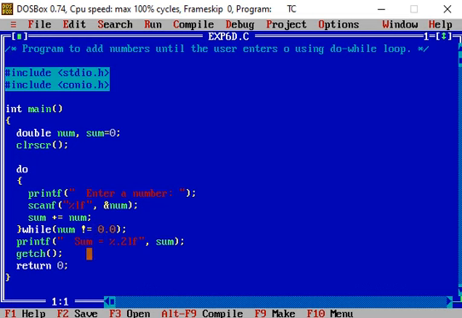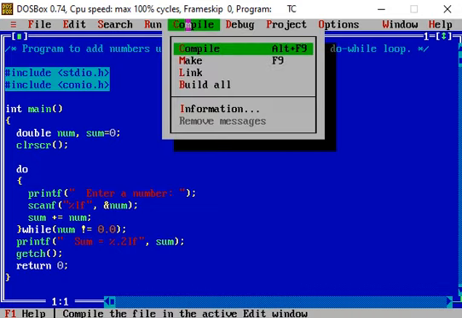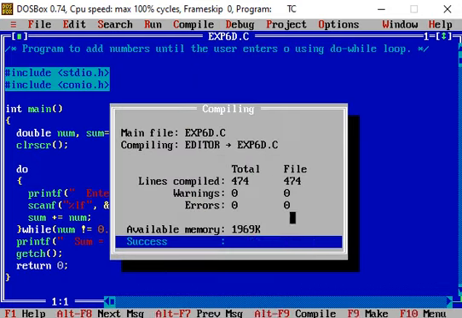So control comes out of the do while loop, and out of the do while loop it prints, using the printf statement, the value of sum. At the place a format specifier %.2lf. So let us run this program, and before running the program we first compile to check if any bug is present.